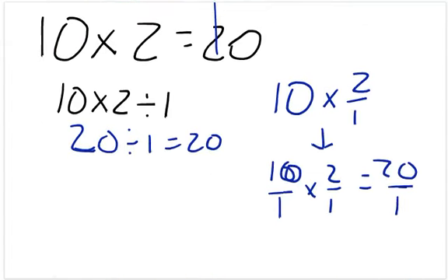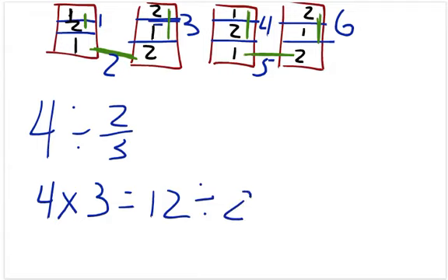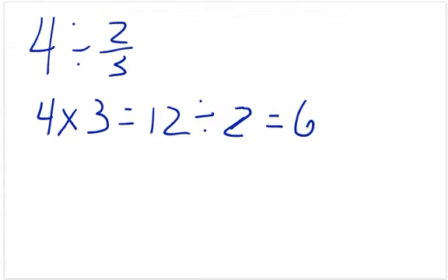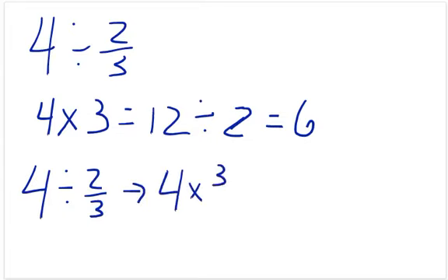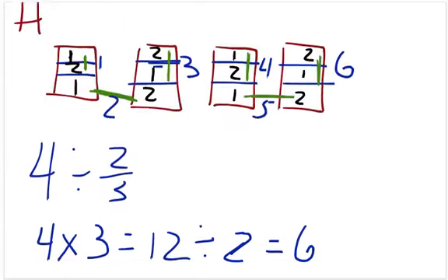When we go back and look at this, I have to divide this by what? 2. That's right, because I have to get 2 pieces to make one group. Okay, so then 12 divided by 2 is 6. That's what we're doing here. Now, how do we really write that? 4 divided by 2 over 3 turns into 4 times 3, because that's how many pieces each group is. Right, so I have 4 splitting up into 3, so that's going to give me the 12 total pieces that we see in this